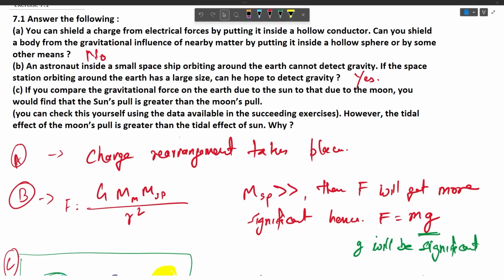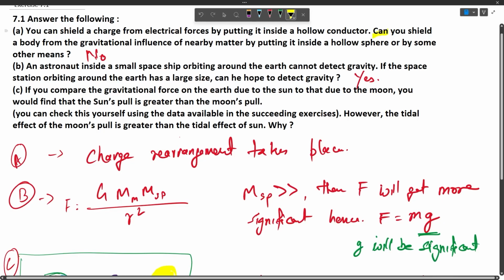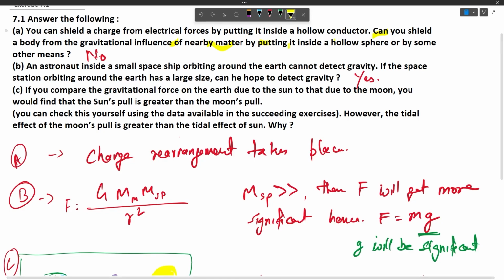The question is saying to answer the following. You can shield a charge from electrical forces by putting it inside a hollow conductor. Can you shield a body from the gravitational influence of nearby matter by putting it inside a hollow sphere or by some other means? So the answer to this question is no, because when it comes to the electrical forces,